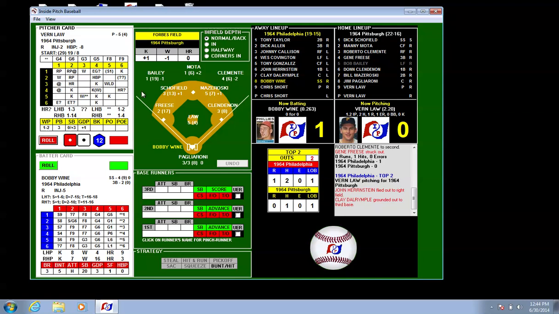Any range plays bring the defense into play here. These numbers beside the fielders are their range ratings from 1 to 5, with 5 the highest they can get and 1 the lowest. So Bailey and Mota in left and right are very poor range fielders. Clemente in right is a 4, which is very good. Mazeroski's top on the field at 5. 3 is considered average, 2 is a little below average, 1 is terrible, 4 is above average, and 5 is excellent. So we click the 1-1, and we'll find out whose range comes into play here by rolling